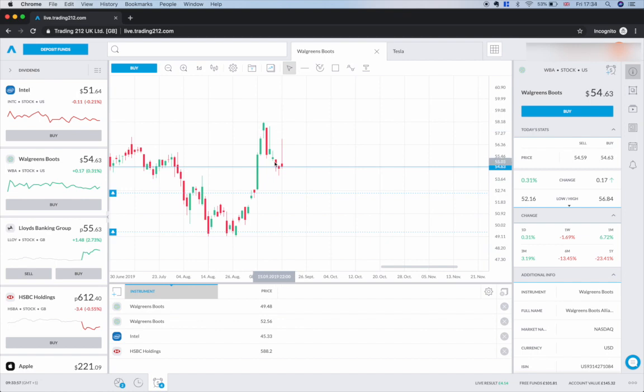So I never like to buy any stocks before an earnings call. I will wait until afterwards. Now that is a gamble, because if a company is doing really well, then maybe the price just keeps increasing, and then, you know, when do you actually buy? But it depends on the stock that you're looking at. But you can see the price is dropping right now. I suspect this is going to drop a little bit more